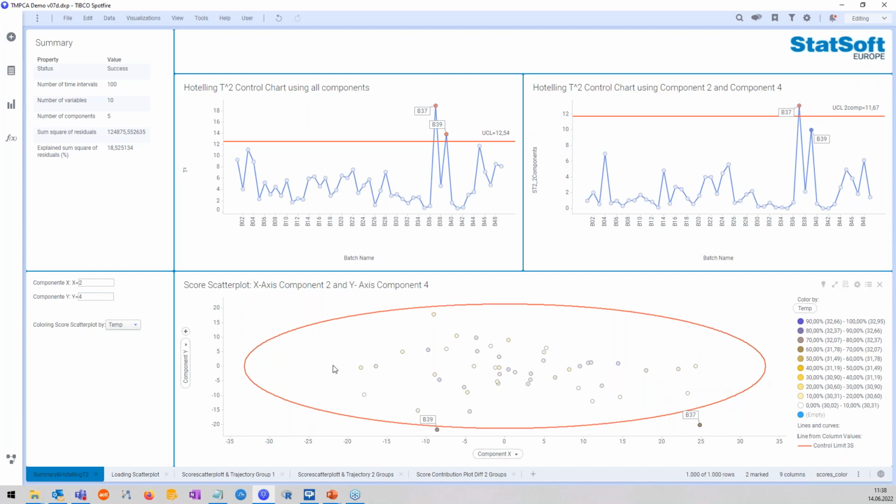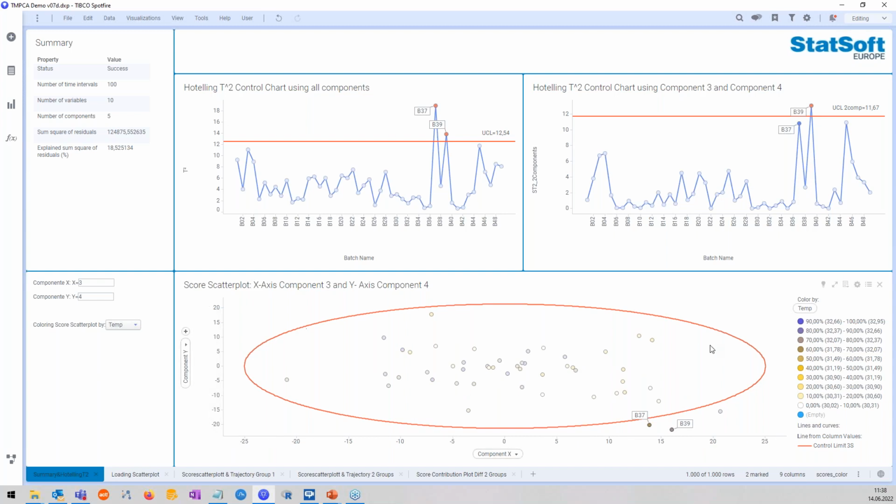We see also in this component versus component plot, a scatter plot here, B37 seems to be an outlier. I can maybe change this one around here as well. And I'm seeing now a little bit more clearly why these lay out. So they seem to be outliers regarding component 3 and 4.